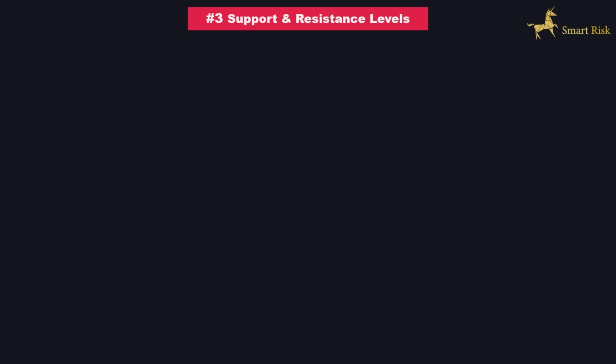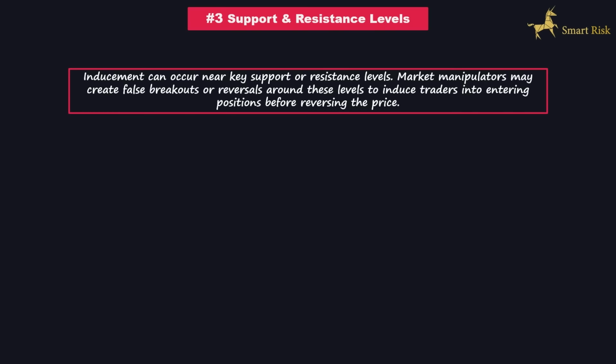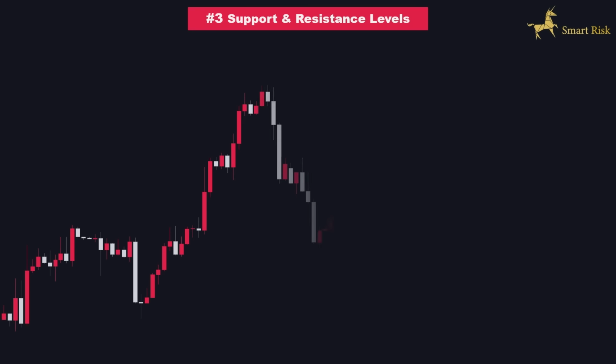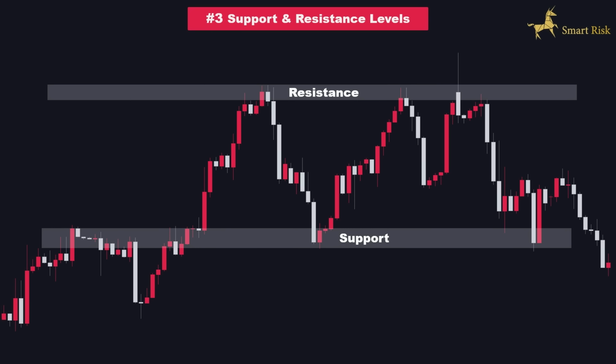Next is support and resistance levels. Inducement can occur near key support or resistance levels. Market manipulators may create false breakouts or reversals around these levels to induce traders into entering positions before reversing the price. Let's see an example to see how large financial institutions like banks use inducement zones to manipulate the market